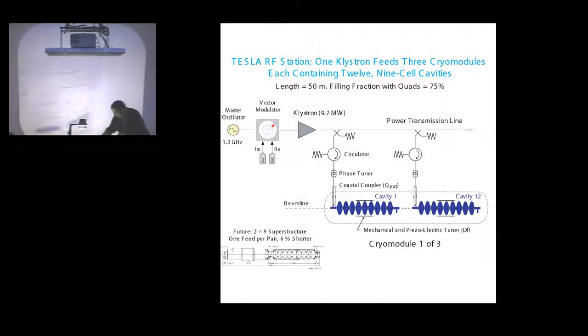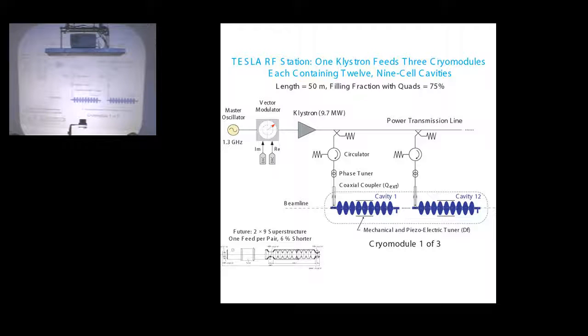In the case of Tesla, as I mentioned, they have a lot lower peak power. In fact, the klystrons are aiming for about 10 megawatts, and that's enough actually to drive 36 of these 9-cell cavities, and they're actually grouped into 3 sets of 12, where each set of 12 is in what they call a cryo module that has all the superfluid helium in it. And each is individually fed through with a tuner, phase tuner, and an isolator, and something to adjust this external Q to match the beam